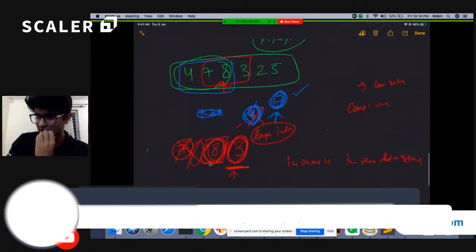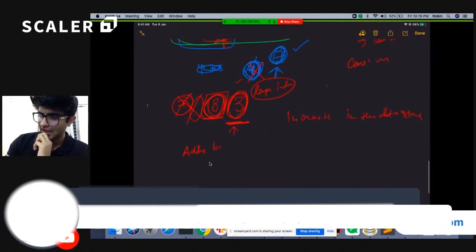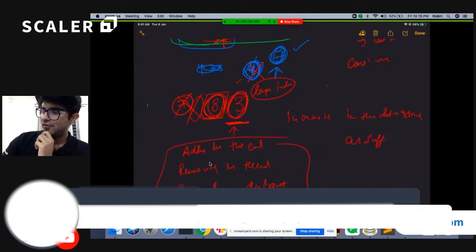So one thing I'm sure of, if I want to solve this question using this algorithm, I need a data structure which helps me add at the end, remove from the end, and also remove from the front. And all those operations should be as efficient as possible if I want to make my algorithm faster.